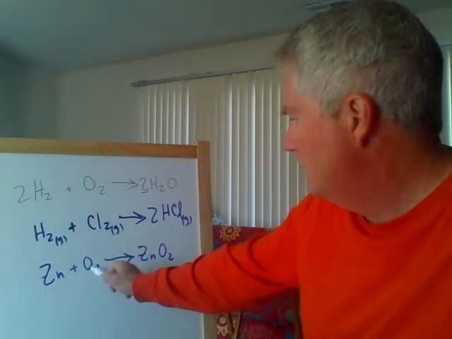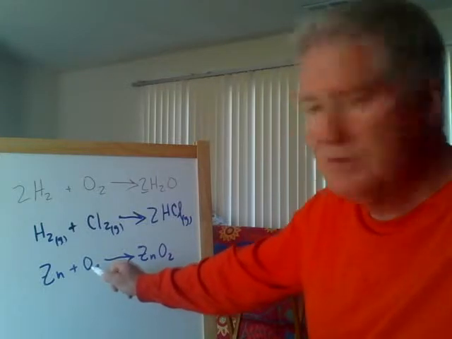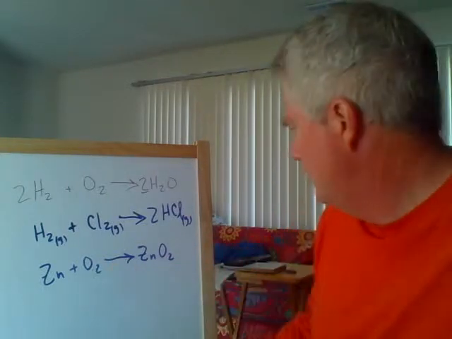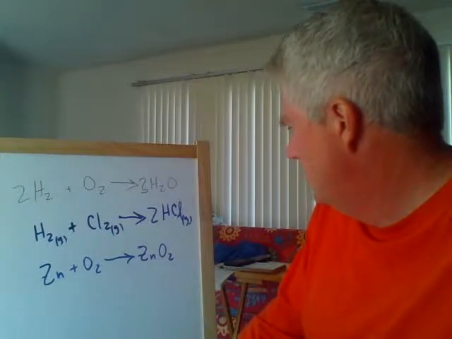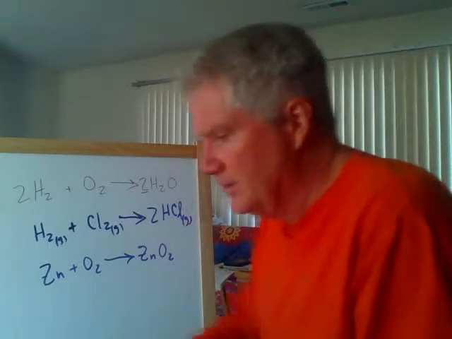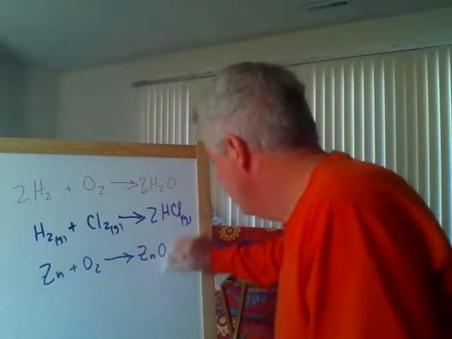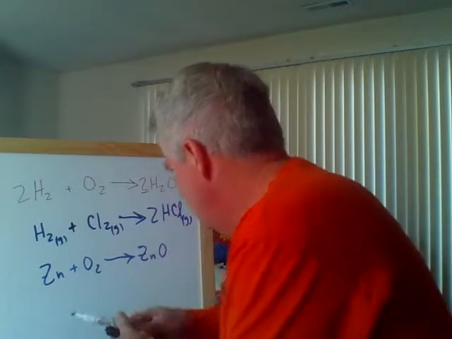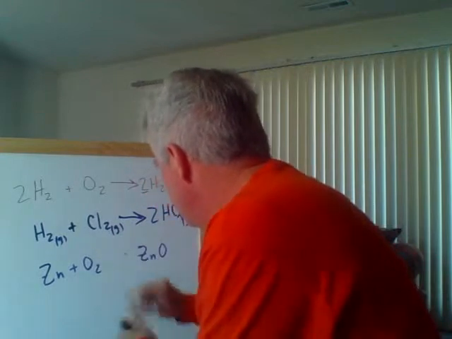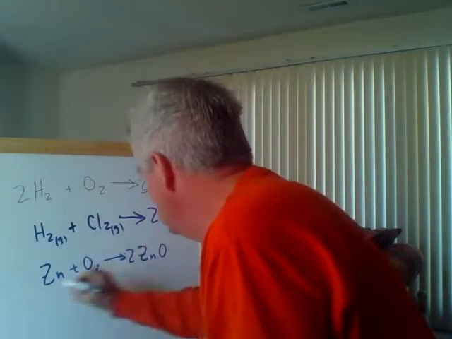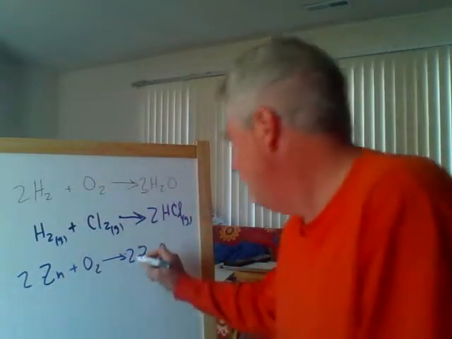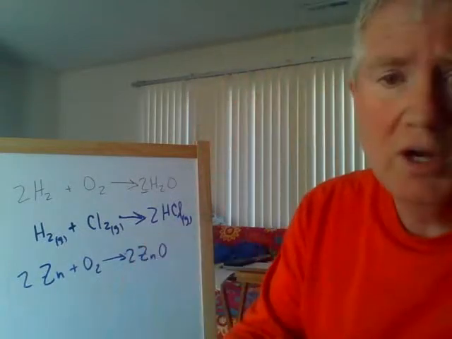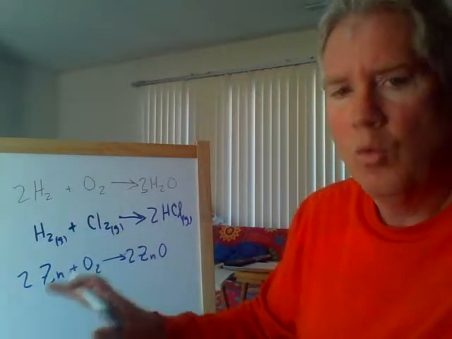The oxygen has gained the electrons. Did I draw this right? Yeah, I didn't draw this right. Okay, good, I'm glad I corrected it now. It's not ZnO2. It's two of these and two of these. And we're going to get to another video that's going to show why this is,